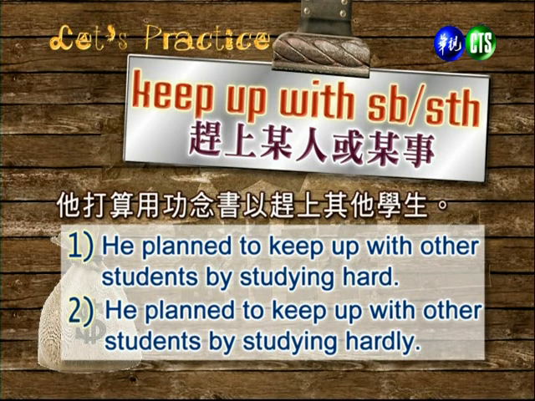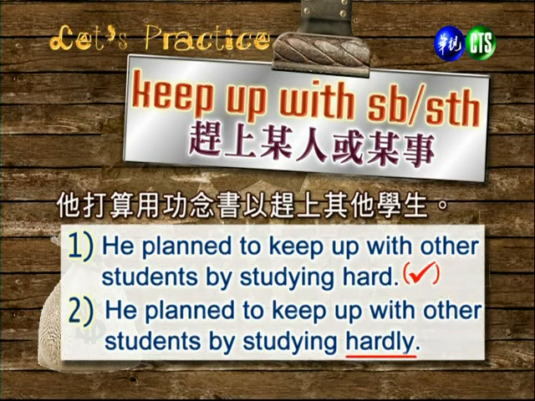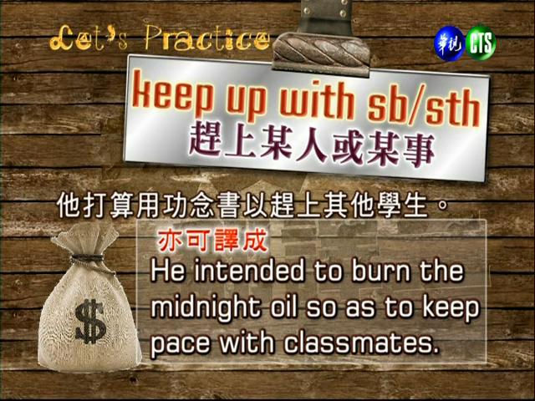He planned to keep up with other students by studying hardly. 好，哪边有错？Second one gets the wrong meaning because it means almost not studying. 对，hardly 几乎不变成几乎不学习了，意思错了。好，另外翻翻看。He intended to burn the midnight oil so as to keep pace with classmates. 好，开夜车 burn the midnight oil。好，我们今天先做到这里哈。同学，希望你回去好好看一下，把我们今天的一些原理跟实际上一些运用都记牢了。好，下回见啦，拜拜。